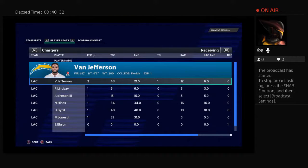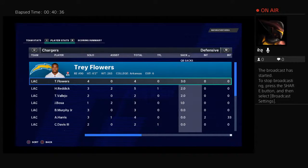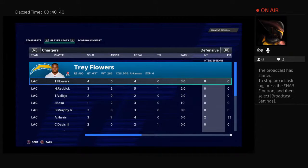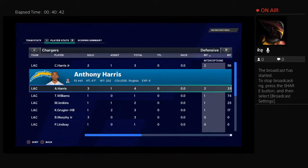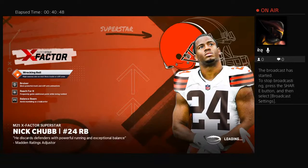So for the Chargers, the win moves them a couple games over 500 now at 7-5. And they'll have another road date next week with the Kansas City Chiefs. Meanwhile, for the Giants, it's a loss that could wind up costing them a first-round bye as they dip to 9-3. And they'll have a